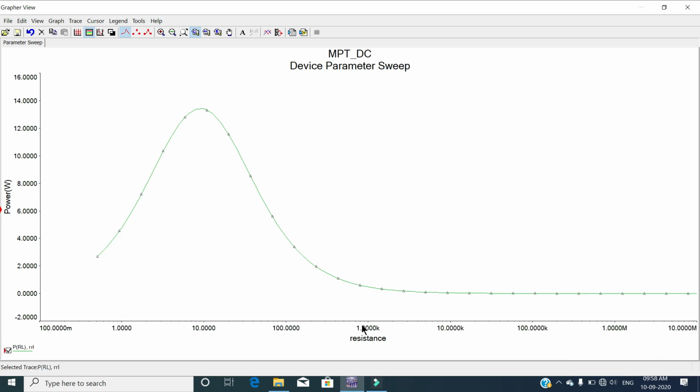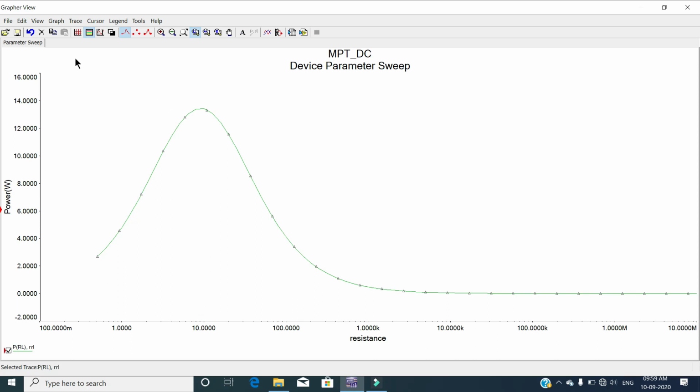For each value of RL, there is a corresponding value of power that is being delivered to the load. As you move along the graph, there is a peak power that corresponds to a particular value of RL. So we need to find this value of peak power that is being delivered to the load and its corresponding value of RL.